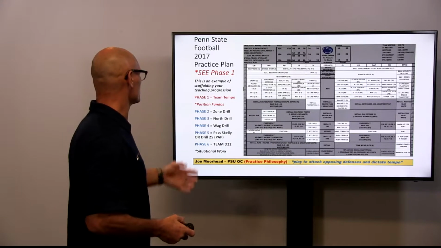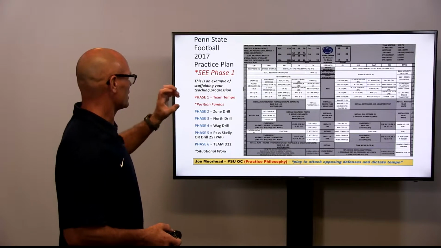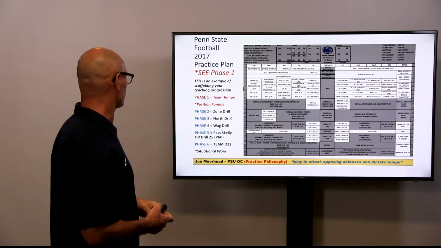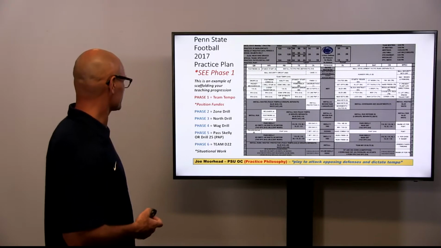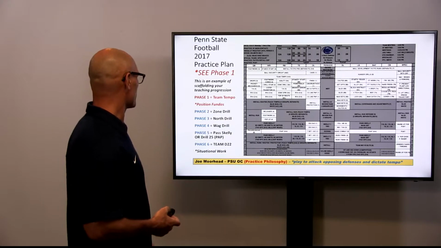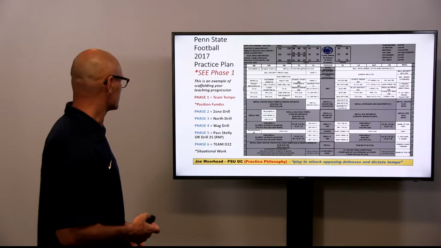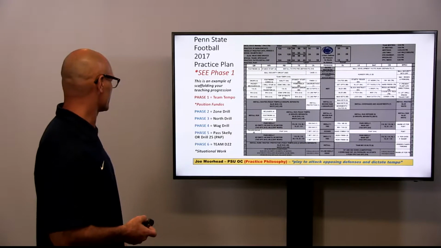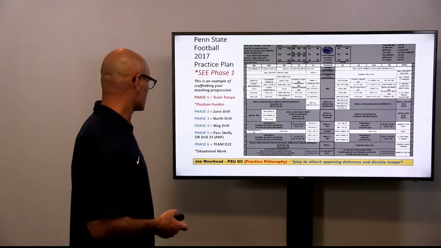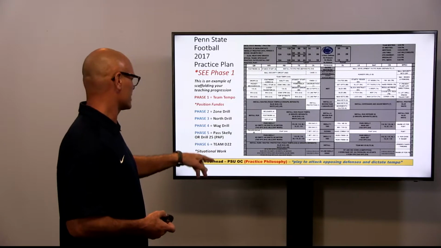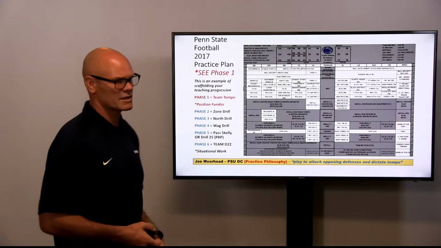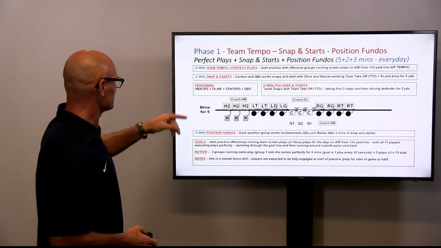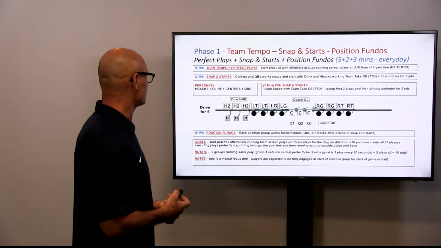This here then goes into a typical Penn State practice plan. This is actually one of theirs that they have. You can see the different phases, but we'll talk about this through the system of how we do this. First thing we want to do then is phase one, our team tempo, where we get into position fundamentals, and we'll talk about some basic drills there. Again, as Joe Moorhead talks about, quote, practice philosophy, play to attack opposing defenses and dictate the tempo. That's the goal here. So our phase one, our team tempo, we do this every day for 5 minutes,